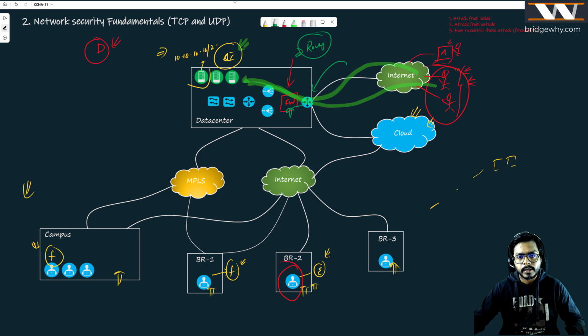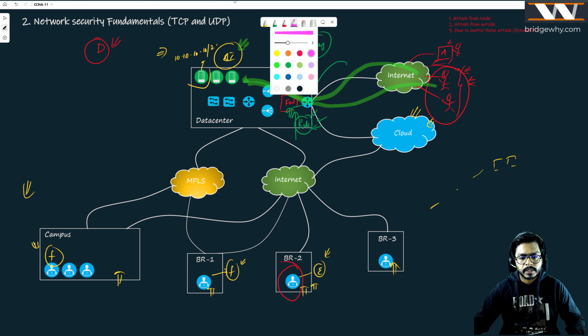Why on the firewall? Because on the firewall I can write the rules: what should be given access, and whom should I give the access. How these rules are created is a different topic altogether. We need to understand the working of the firewall, right? But yes, I can do something like this. Suppose I am showcasing the traffic flow